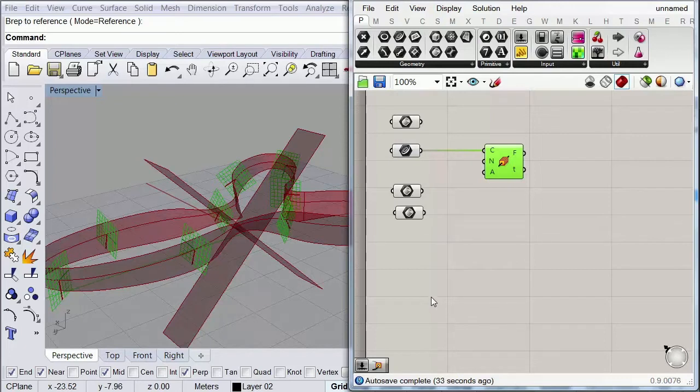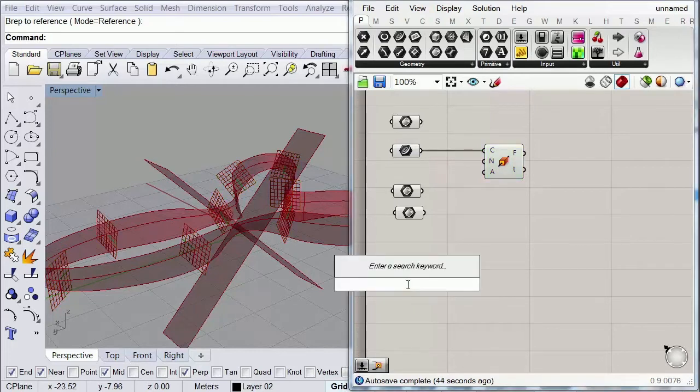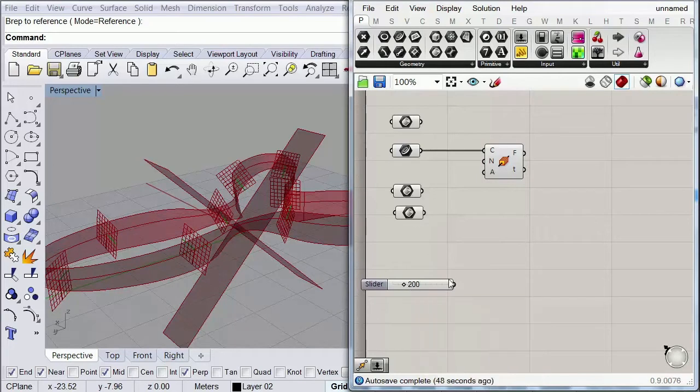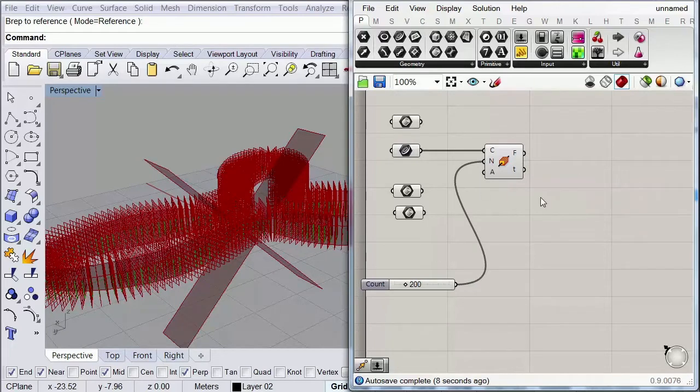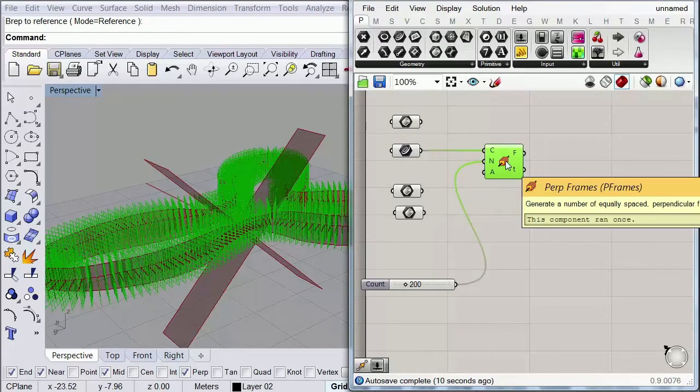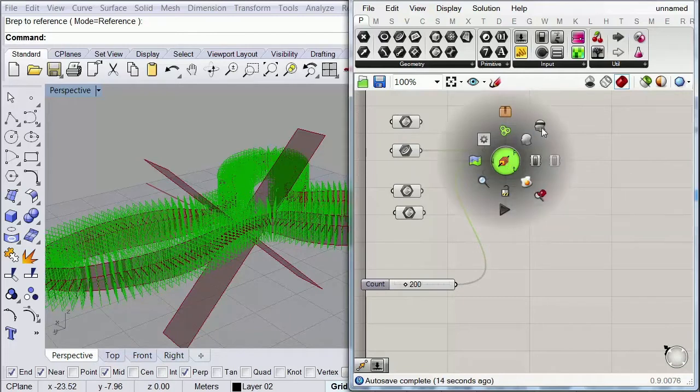I'm going to add a slider so I can control the number of frames that we're going to have. So in this case, I'm going to type something like 200 to create our slider. And I'm going to go ahead and plug it into my N input. So I'm going to go ahead and hide this component so it doesn't look that cluttered.